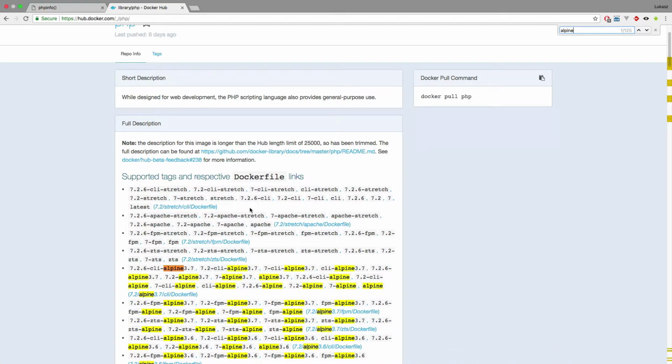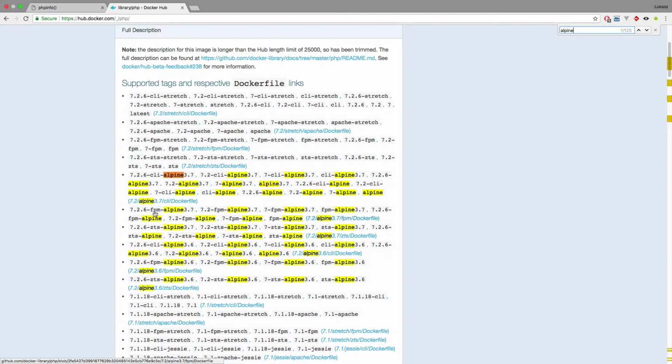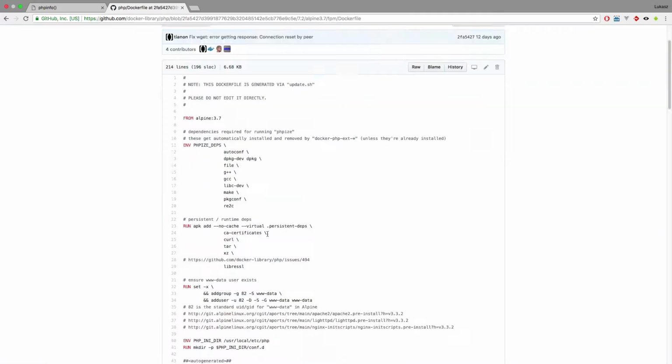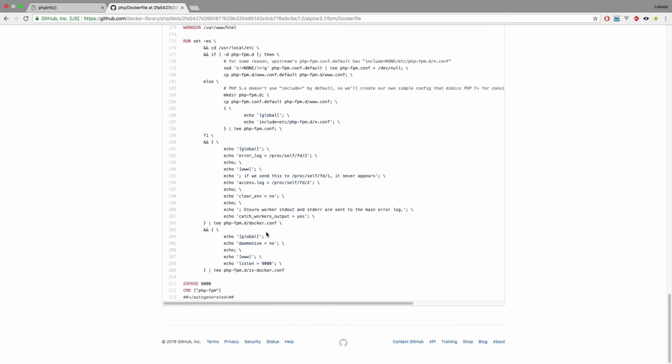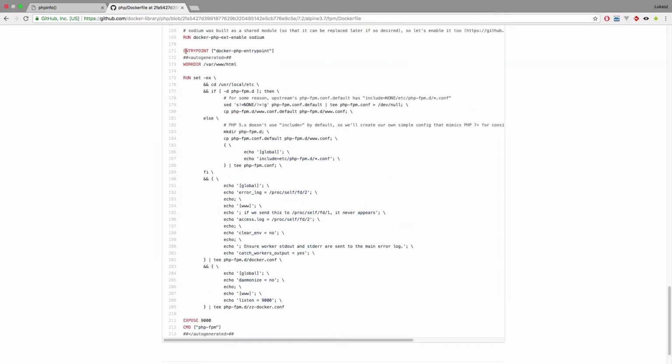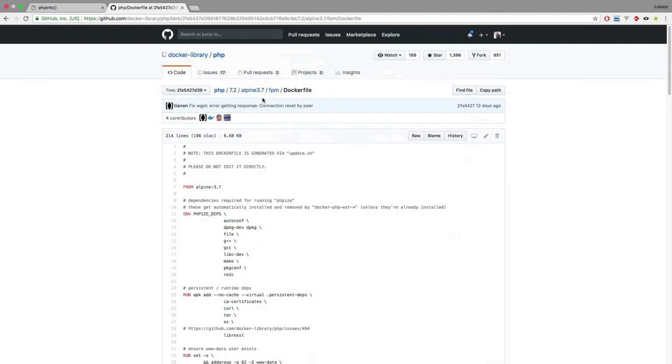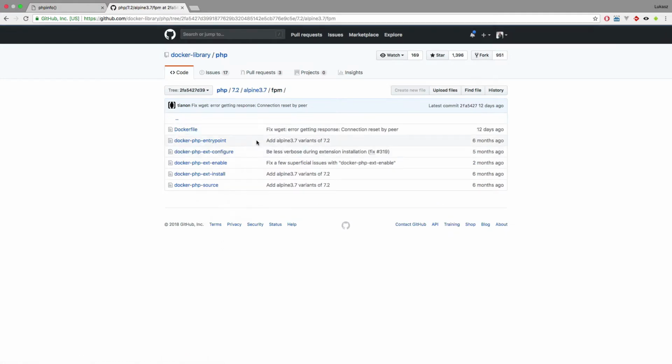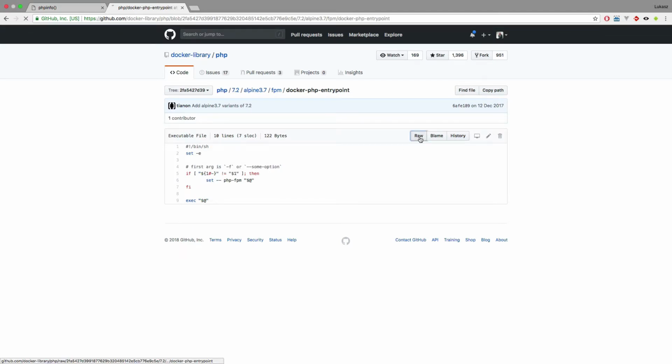so 7.2.6 FPM Alpine, here we go. And let's have a look at what is happening in this file. So we expose the port, we've got the command php-fpm, and we've got our entrypoint here. So obviously there is already an existing entrypoint to start a PHP service. So let's go back and let's just grab this entrypoint. So I'm going to grab raw